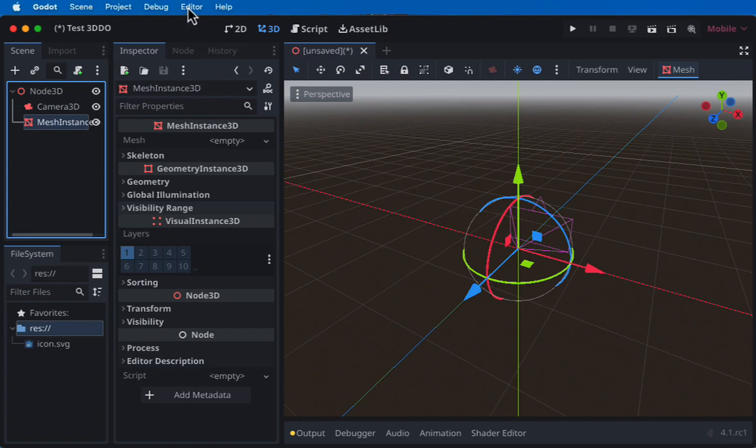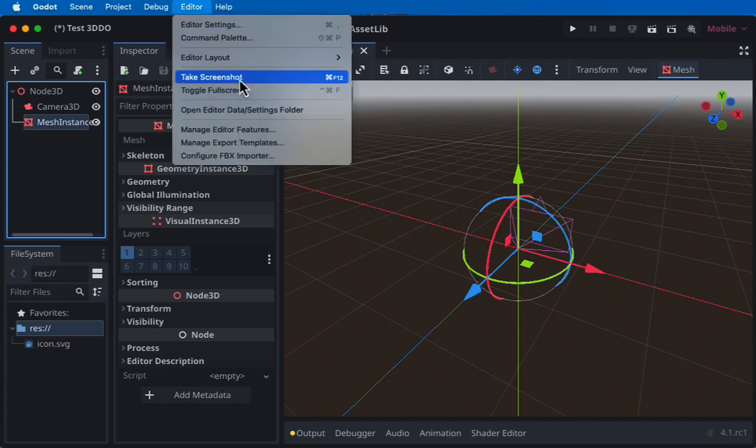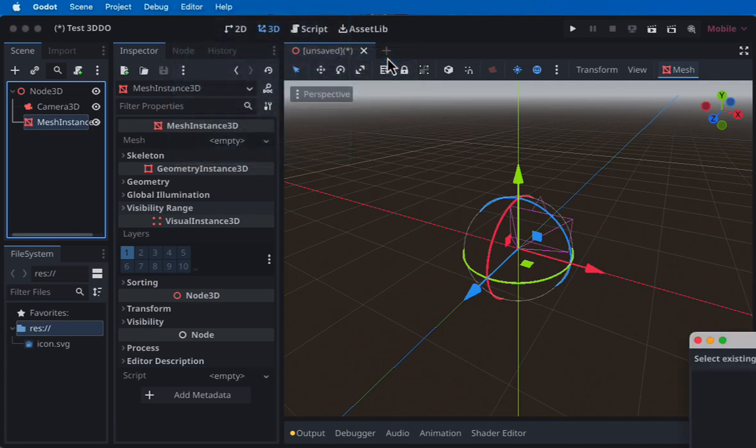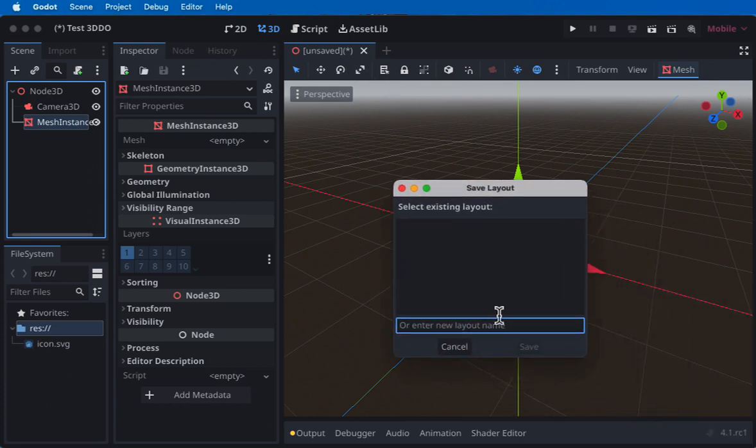As a final step, let's save this layout: editor layout, save layout. This menu is a little funky. It takes multiple clicks on that submenu. So let's call the new layout name, your name, and then if you hit a space, it's going to treat it as return, as if you're done. So I'm not going to put a space from layout, and then